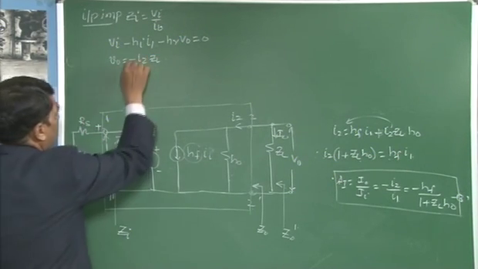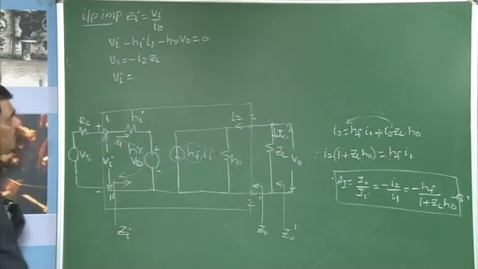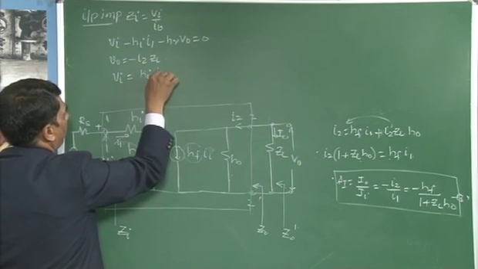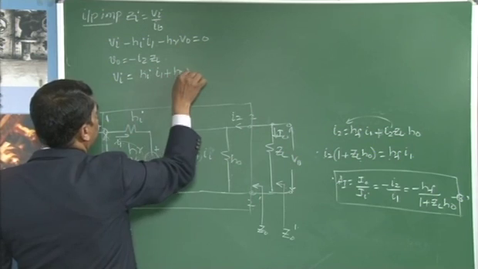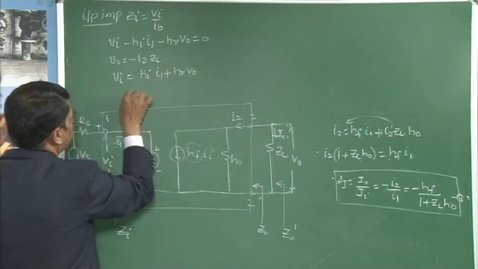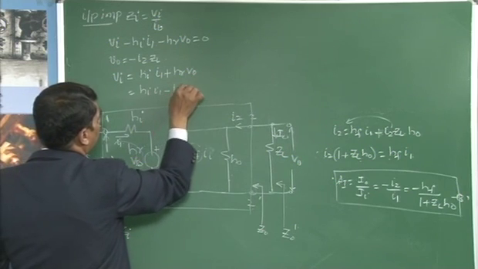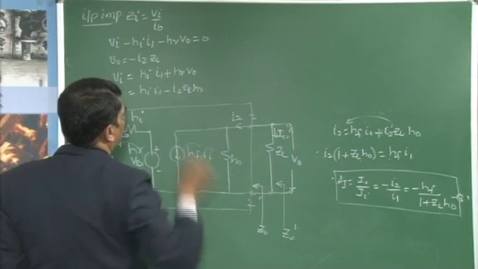Substitute this into the above expression, and you get Vi equal to hi I1 plus hr V0, where this is nothing but hi I1 minus I2 ZL into hr,